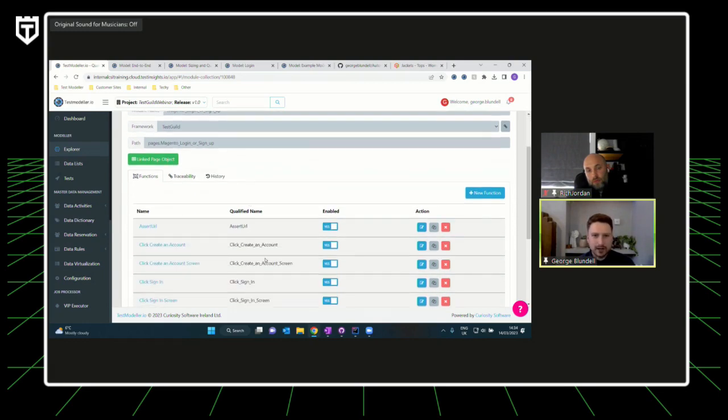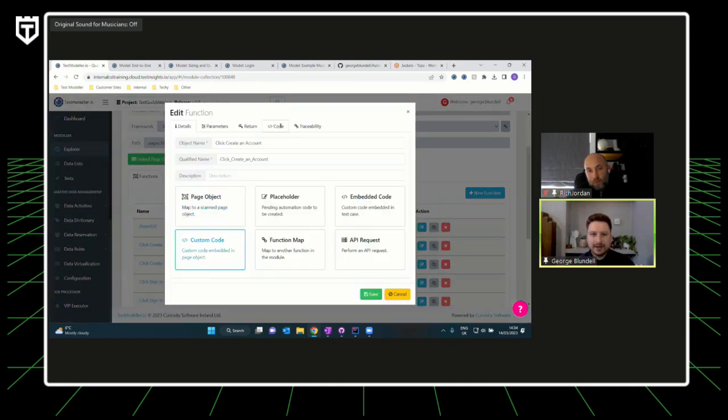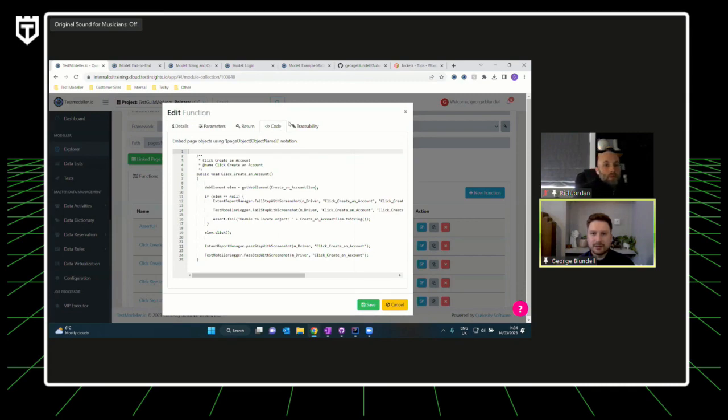For example, if I scroll down and select this click create an account, and take a look at the code, you'll see we've generated about 25 lines of Java code for our click create an account button. This is the example where I've used Java. In Test Modeler, it really doesn't matter. It's whatever template you can write to fit the code generation within your practices or ways of working.